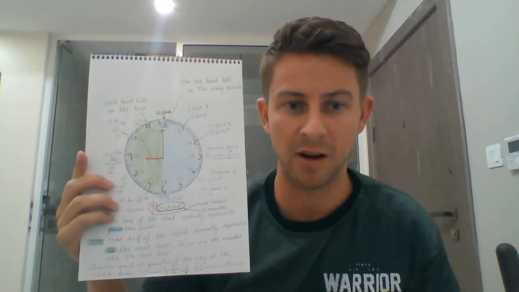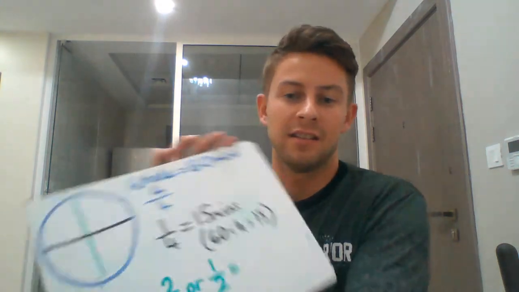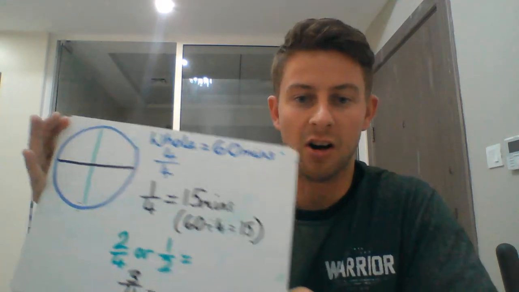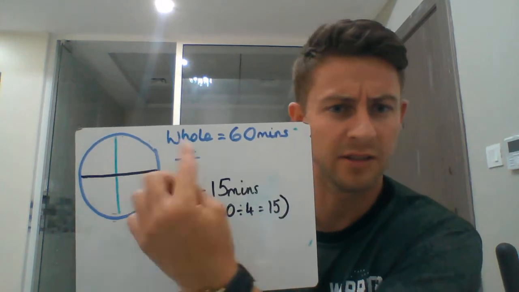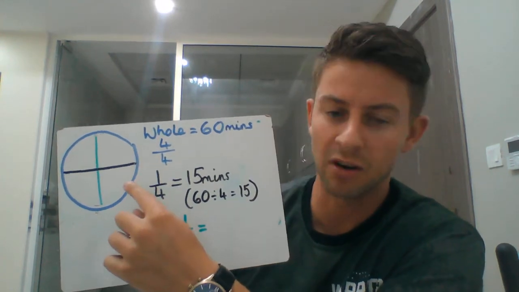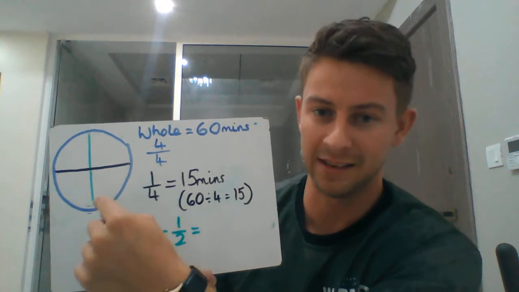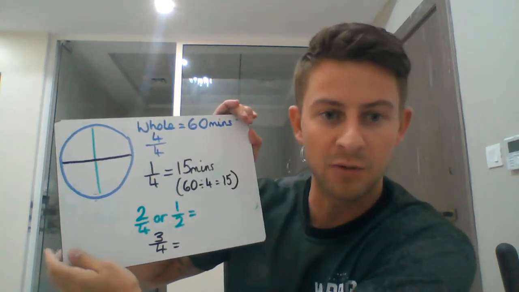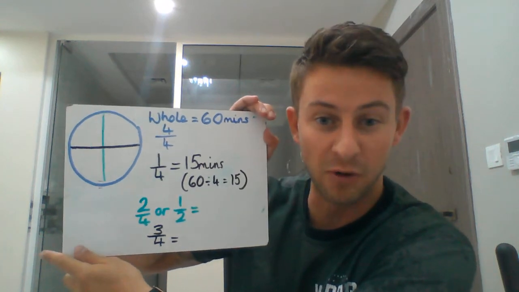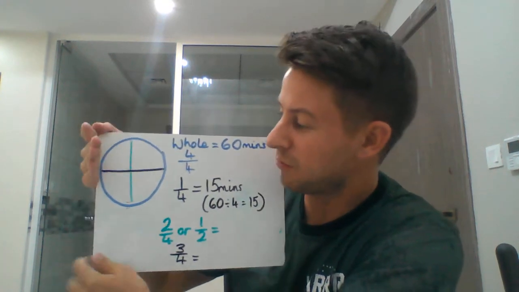When we're looking at the clock and wondering what's quarter past, half past, quarter to, well, let's think of it as a whole. This is the clock face. I know it doesn't look like much of a clock at the moment. It's got no numbers on, but imagine that's the whole. And we've got 60 minutes in there, okay? It's been broken down into quarters. So it's been divided by 4. And actually the first quarter